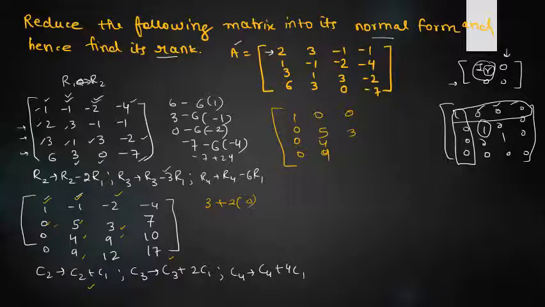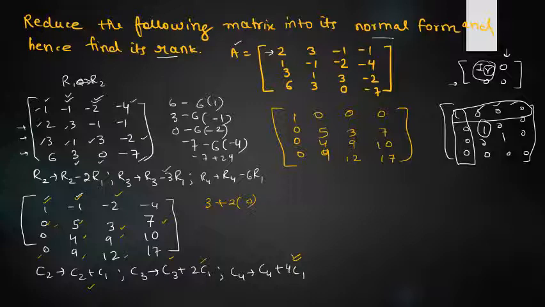Everything will be the same because you are adding 2 times 0 to them, right? C1 is all 0 apart from the first element. Then you have minus 4 plus 4, which will make it 0. Then this is 7 plus 4C1. Again, C1 is 0, right? So that means every element stays the same, right?